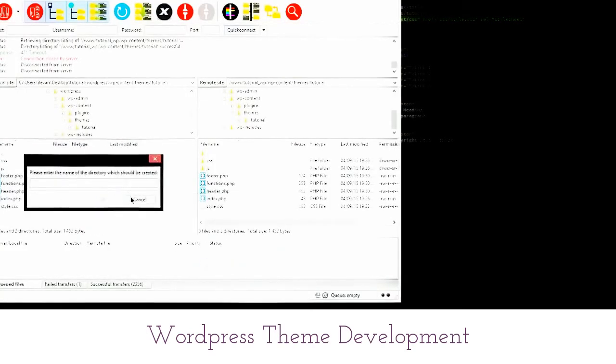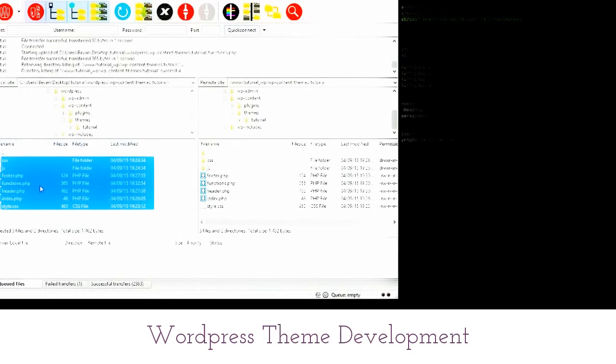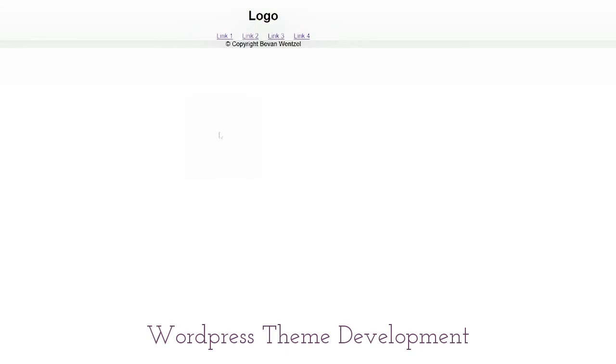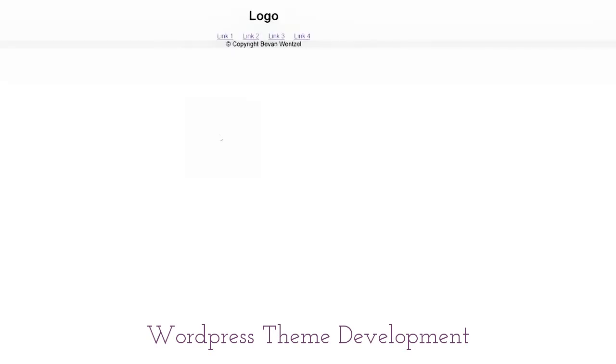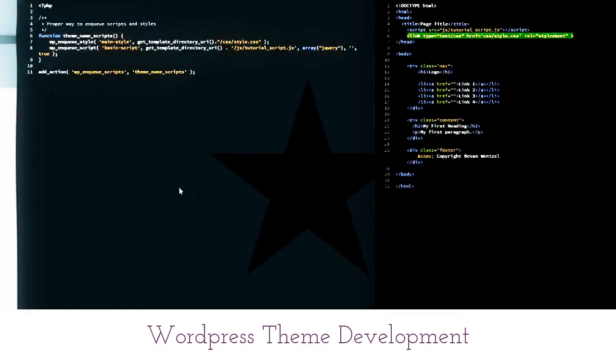So let's just refresh here. Upload. Okay. Then we can refresh the page. And there we go. Our script is now working using jQuery. Okay. So now we've got the very basics of getting everything your theme